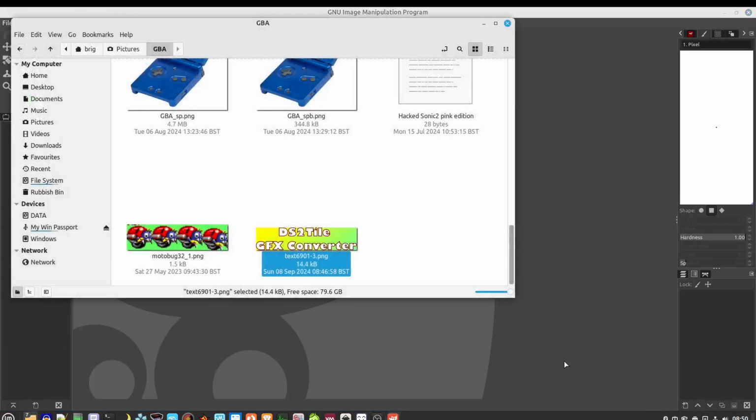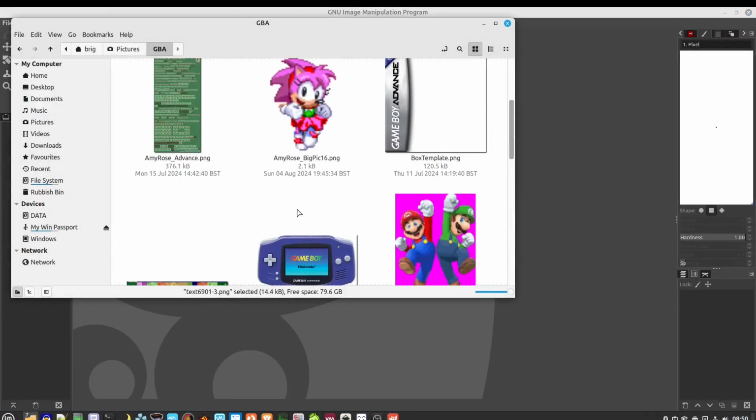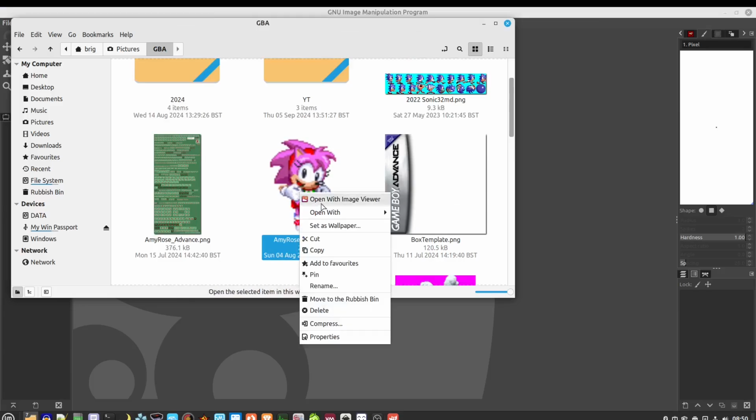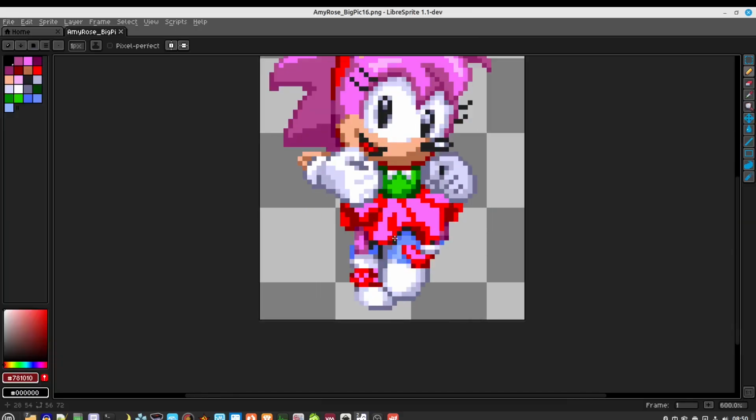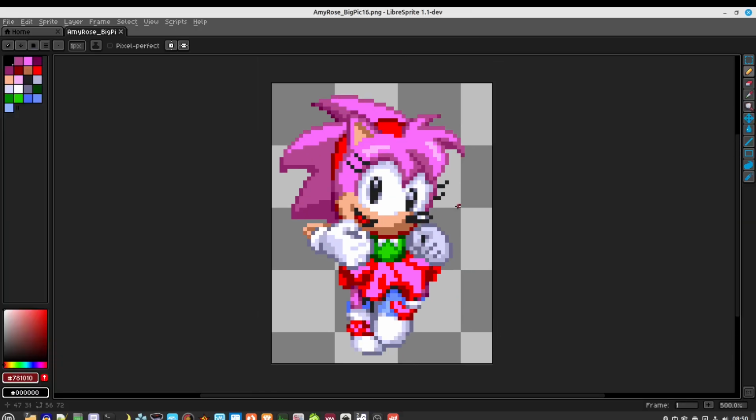This is not a great example here, so we'll get to something more interesting. So I'll jump back into here, and then we'll open this picture up. This was used for a ring dash game, but I've created it for the Game Boy Advance. So currently this image is fine. I'm not sure how many colors exactly are in here, but